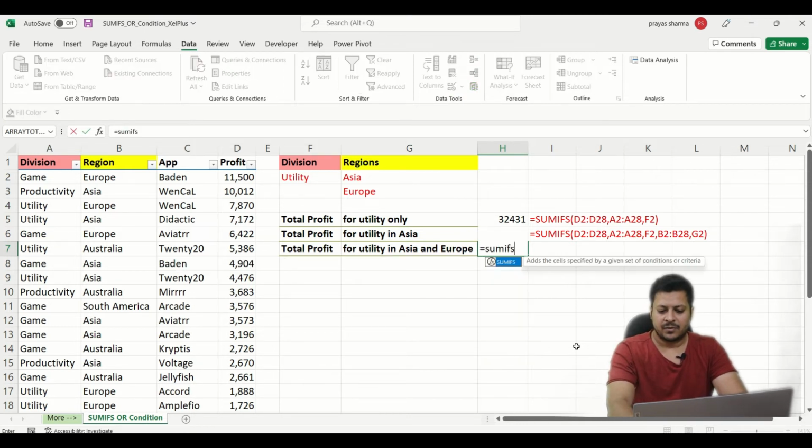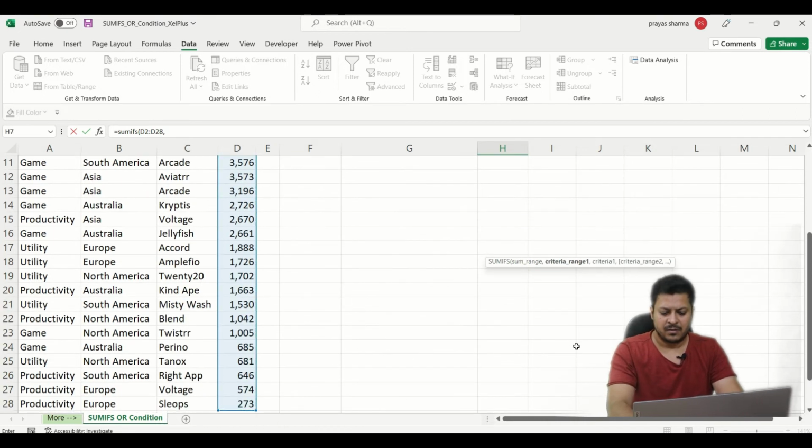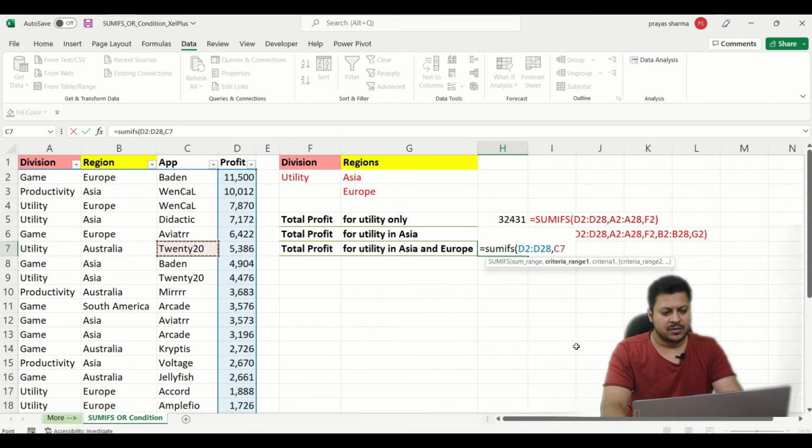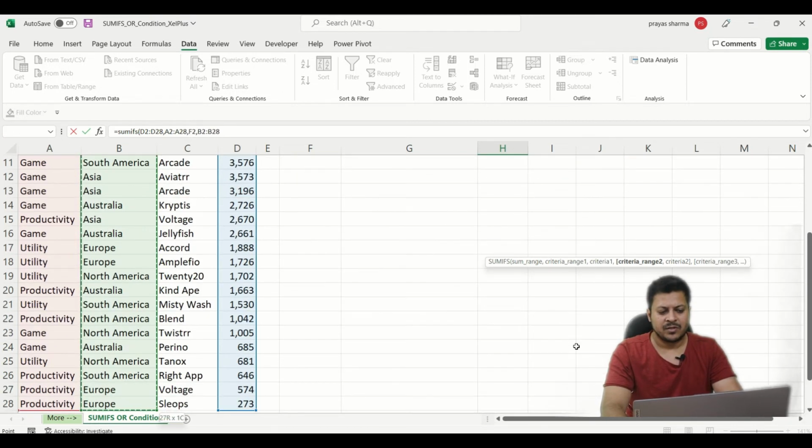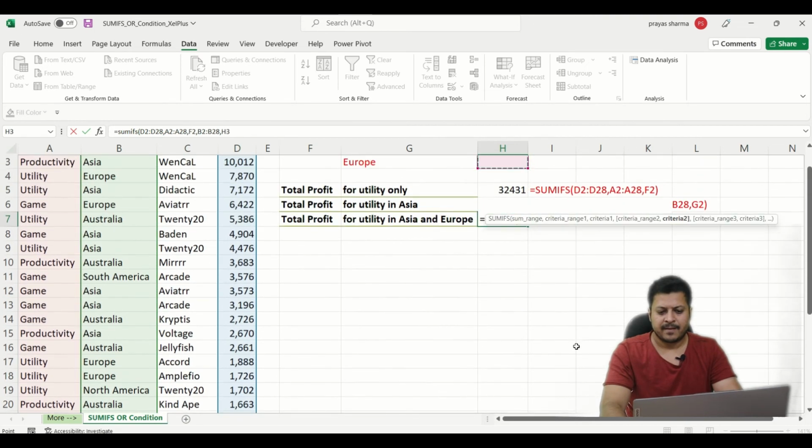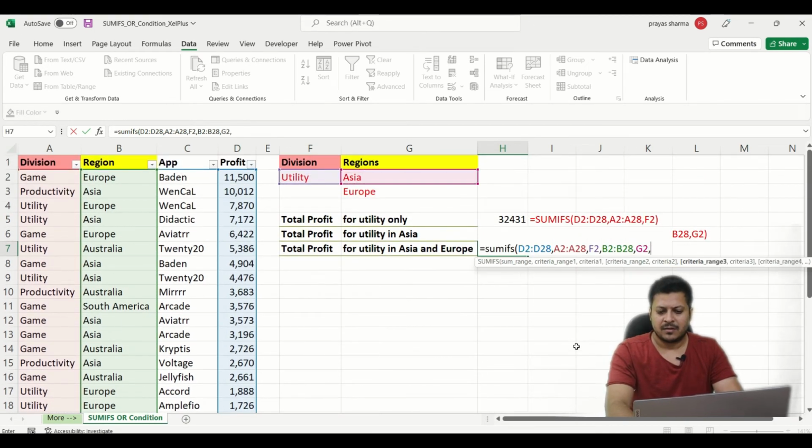Equals SUMIFS, select our sum range, which is profit, our criteria range, which is division, our first criteria, which is utility, our second criteria, which is Asia, our third criteria, which is on the same column,